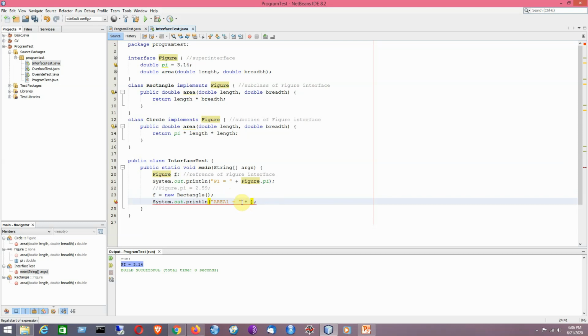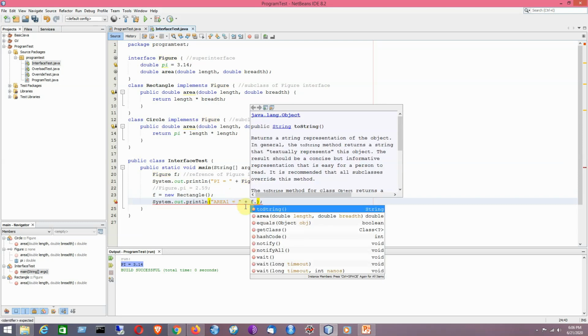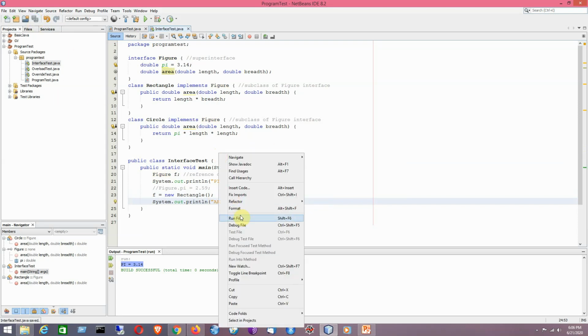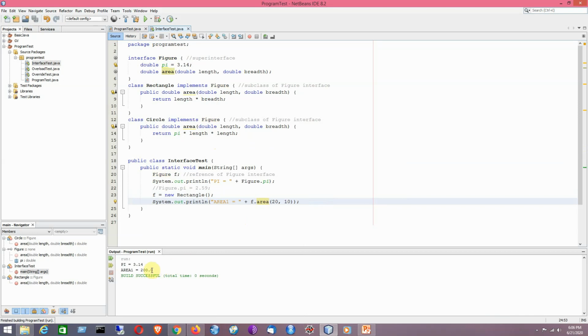Here I will write f.area, say with 20 and 10. It will show you the area value. So the super interface reference f has been initialized with the object of the subclass named Rectangle.